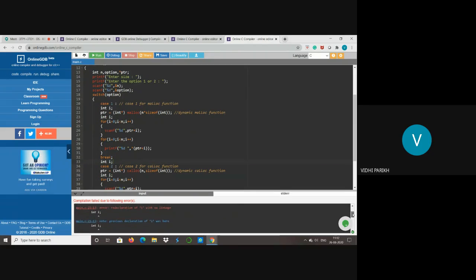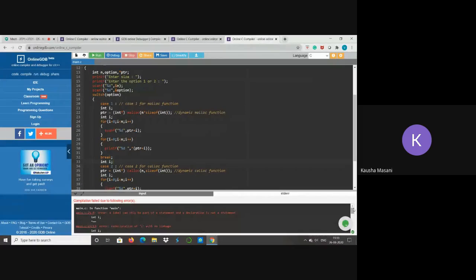It's showing here declaration of i. Okay. Yes, because of multiple declaration and usage of i. In case one, it is fine. But in case two, try to use another variable name.